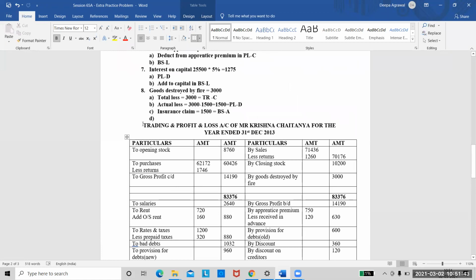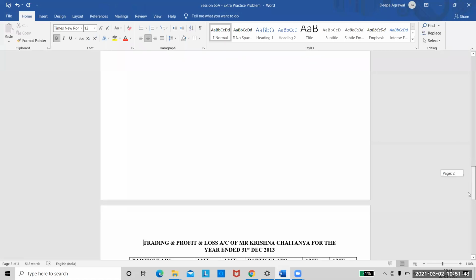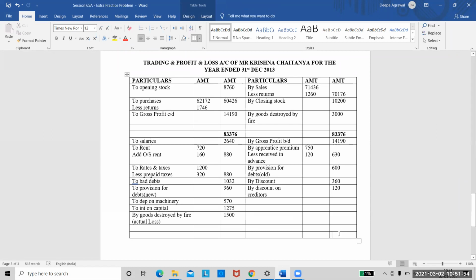I will bring this down so that you can view it in one page. Now calculate your net profit. Quickly tell me the totals on the credit side. 8237. That's it. Yes. Tell me the total on the credit side. So you get a net profit only because the debit side is appearing to be less. The net profit is carried to the balance sheet. I need the credit side total.